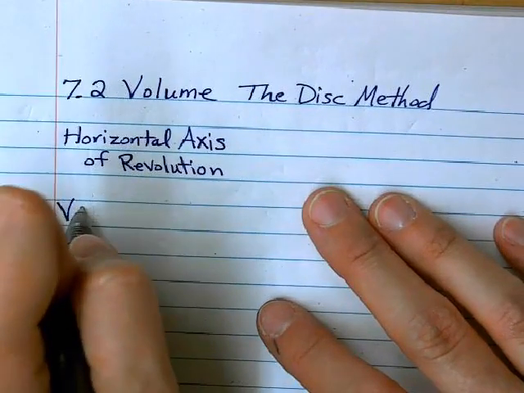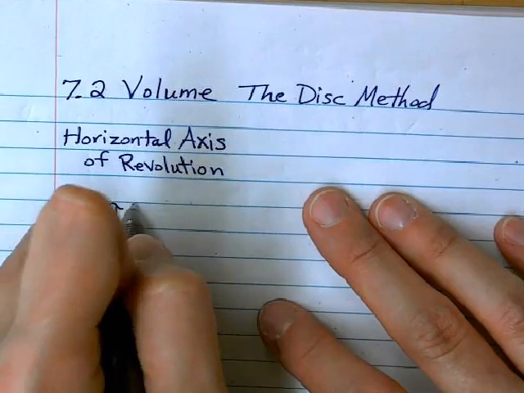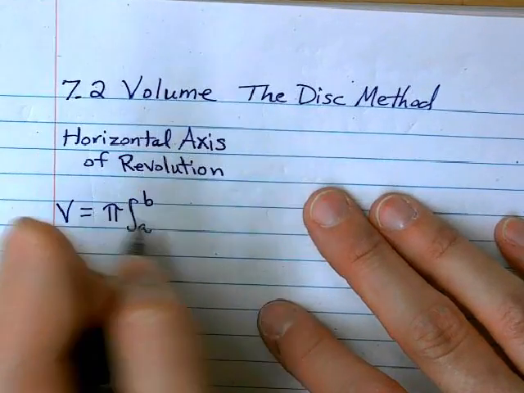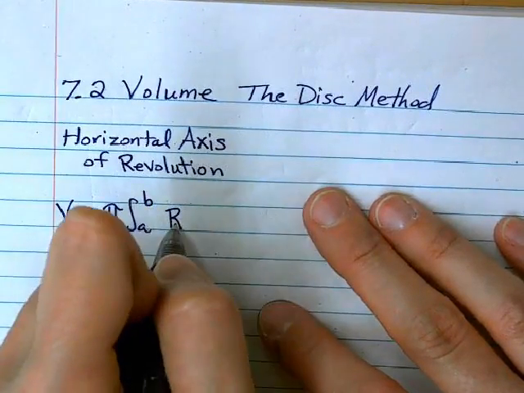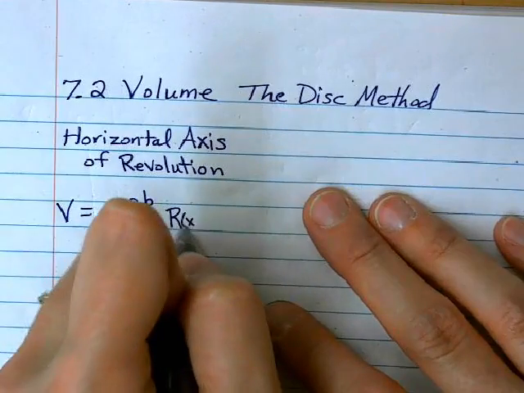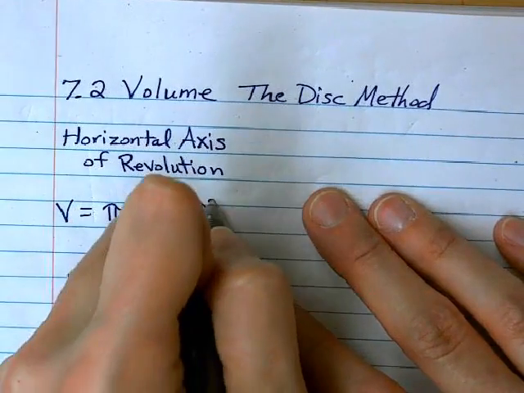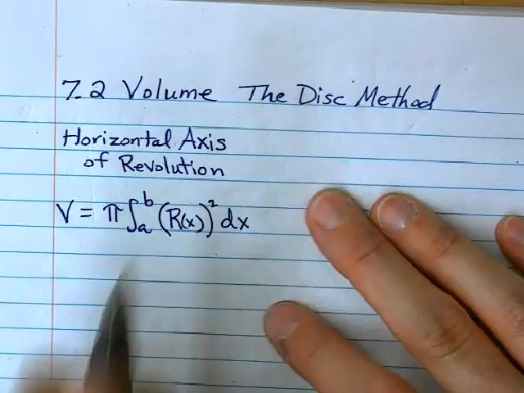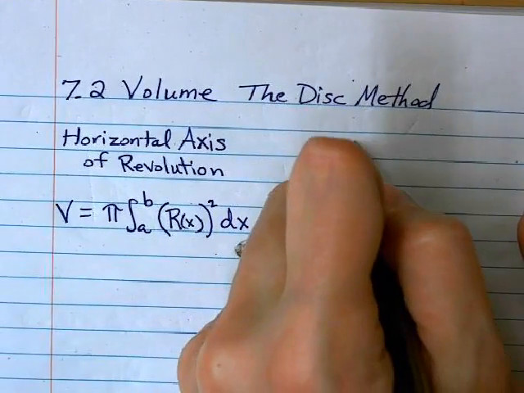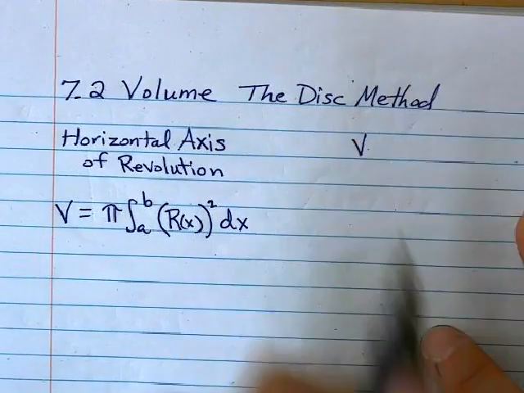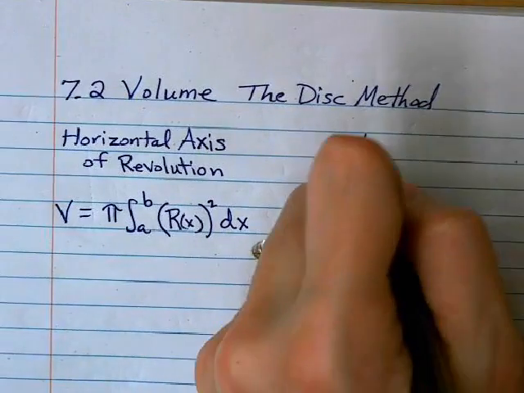Volume equals pi integral a to b, radius squared dx. But if your equation tells you to rotate around a vertical line like the y-axis,